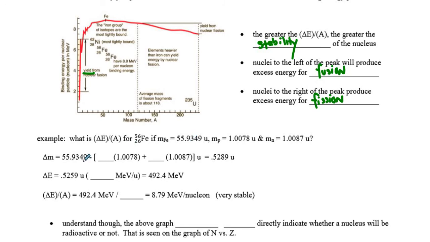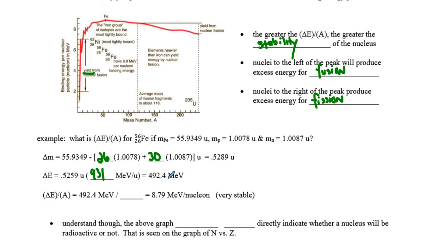So if we do a mass defect, we start off with the mass of the iron 56, and as we said, we have 26 protons, so 26 of these guys. It's 1.0078 universal mass units. And then we have 30 neutrons. You can check my math on this, but I got a mass defect of about a half of a universal mass unit. Then if I figure out how many MeV that is, using 931 MeV in one universal mass unit, I get